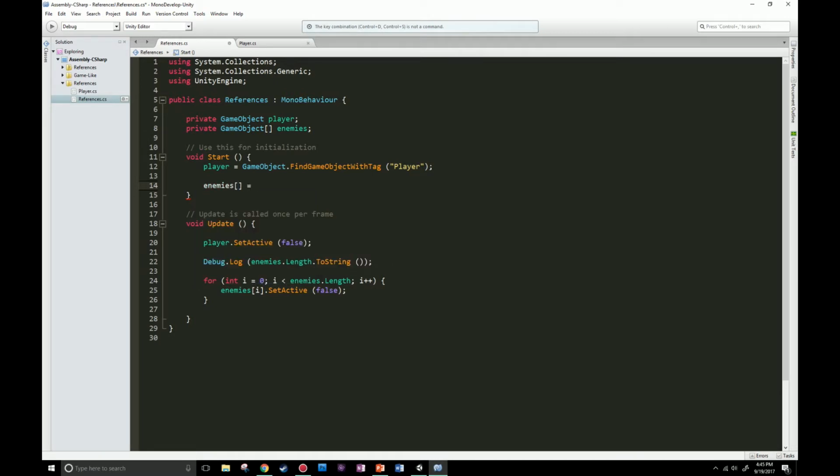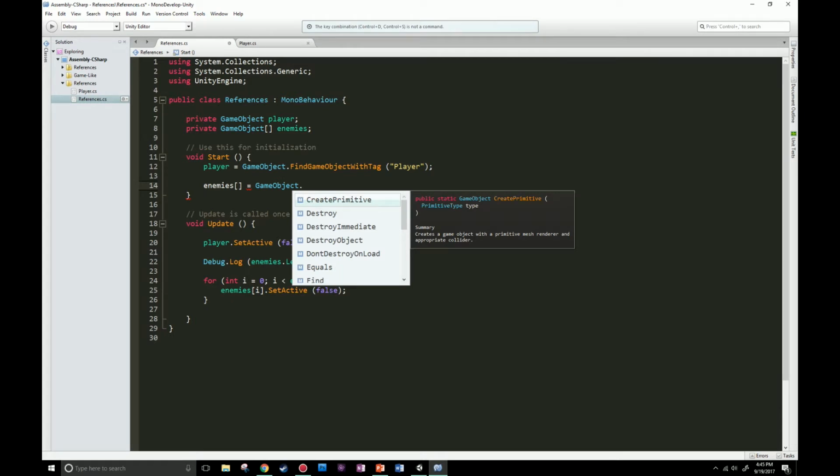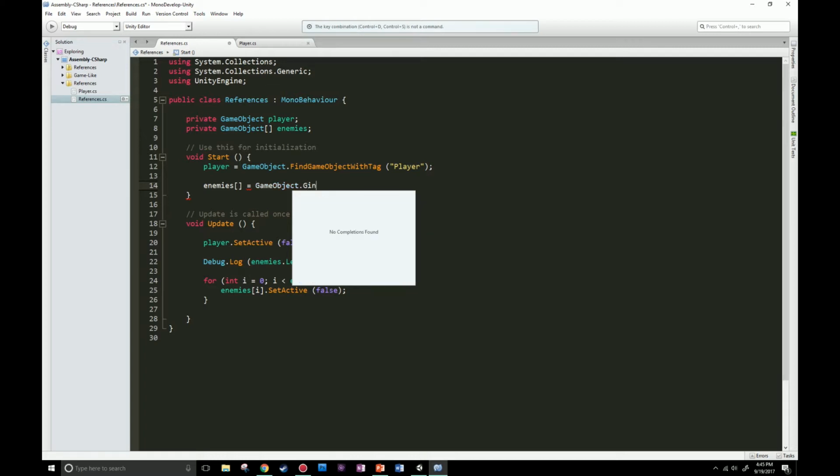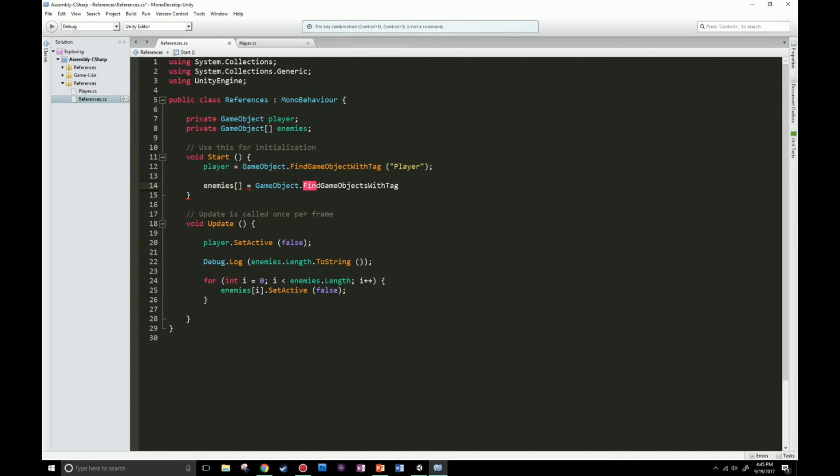is equal to our, we're going to use game object. And again, this is calling the static method that's attached to game object, not an actual game object of any sort. We're going to say find objects with tag, and we're going to use enemies. Okay, so in theory,